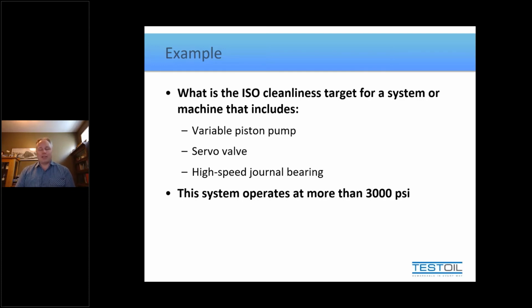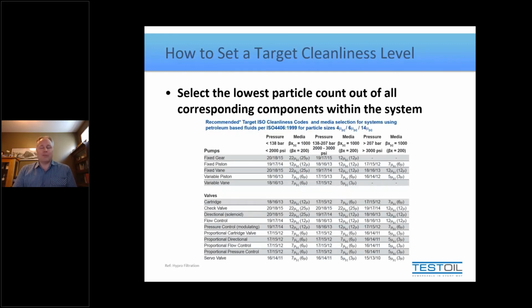What we're going to do is we're going to set the target cleanliness based on the tightest clearance within that lubricated system. And how we do that is by understanding the components that are within the system and what their target should individually be. So what we do is we use charts like this one that I got from HiPro. Now, HiPro has published this table with a list of recommended cleanlinesses for different types of machine parts at different pressures. Now, the really nice thing about this, and of course this is coming from being a filter supplier perspective, they give you filtration requirements to hit the target, which I'll address when we get to the end of our discussion here. So look up on this chart in the top table, variable piston pump.